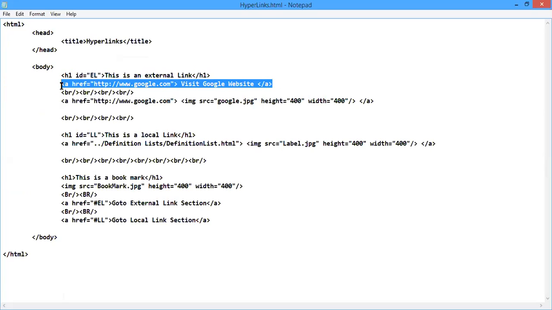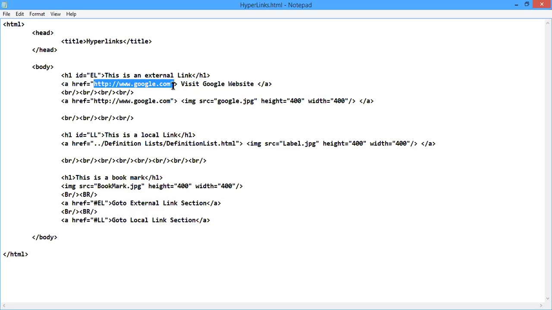When we need to insert a hyperlink of any type, we have to use the A tag. This represents the anchor tag. Then it is a must to use the href attribute, which represents the hyperlink reference, that directs us to the location where this linked resource is available.